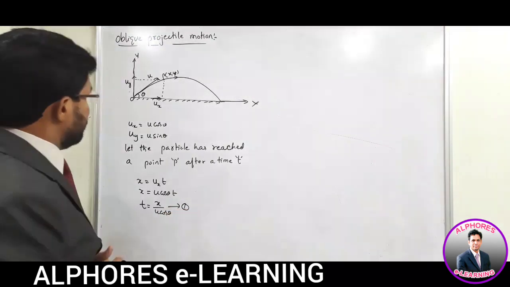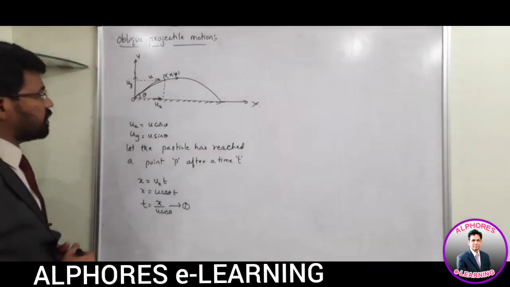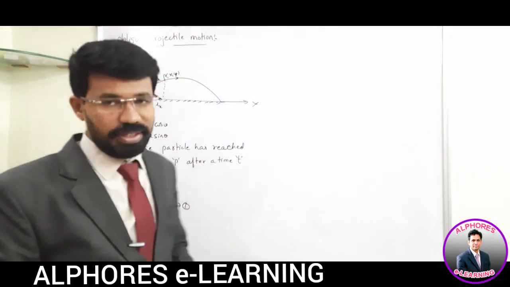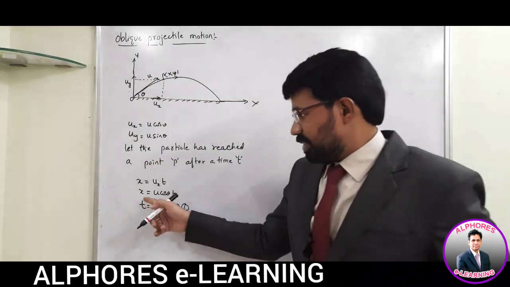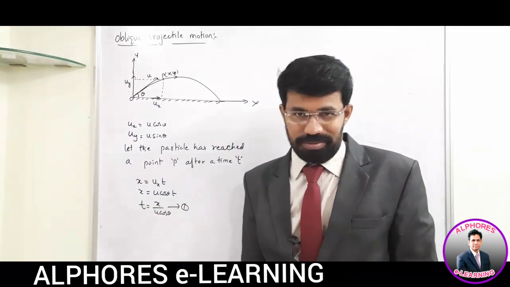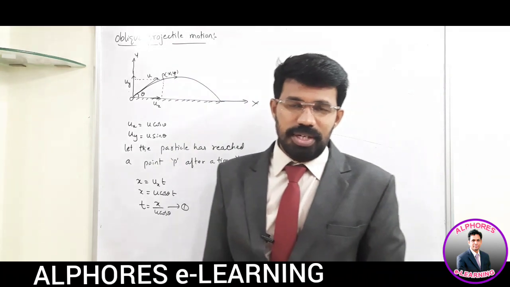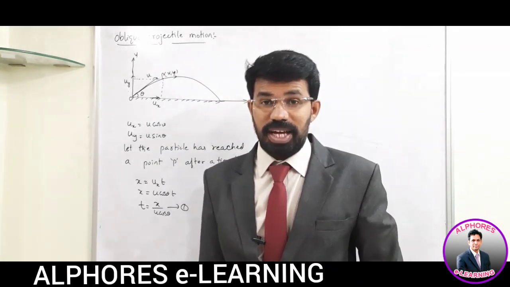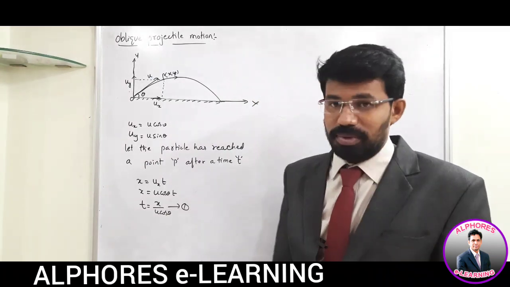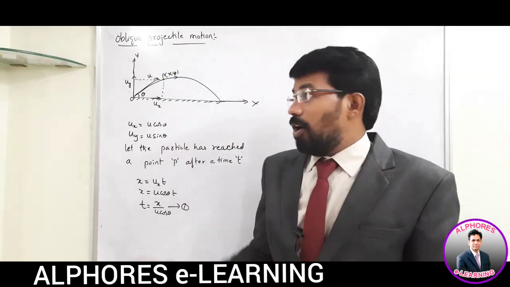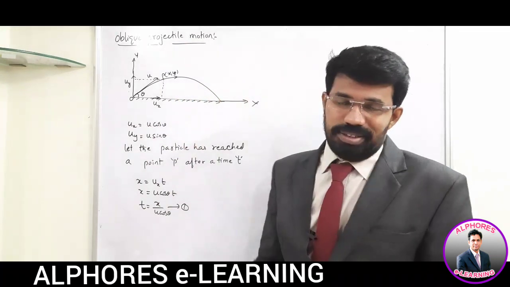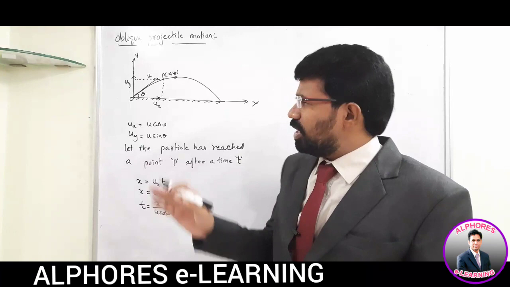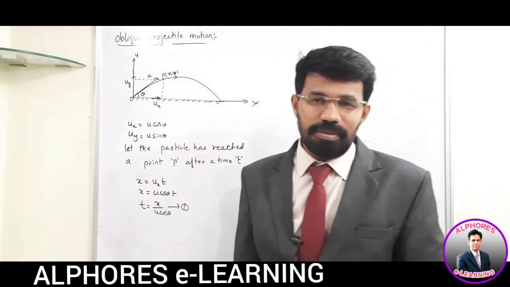Similarly, in the vertical direction also, it has traveled some distance. How much is that distance? Y is the distance. Remember, children, when I have written this equation, x equal to u cos theta into t, of course, I have used the s equal to ut plus half at square kinematic equation only. But here, what acceleration am I supposed to take in this case? Acceleration along the horizontal direction. So let us question ourselves. Will there be any acceleration along horizontal direction?